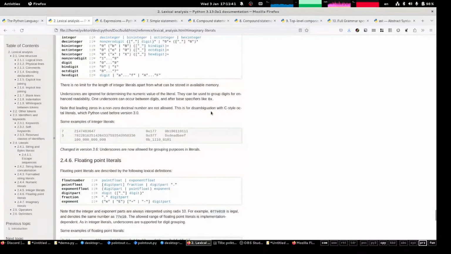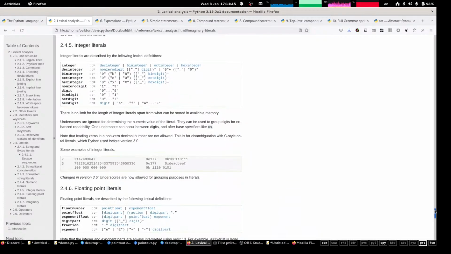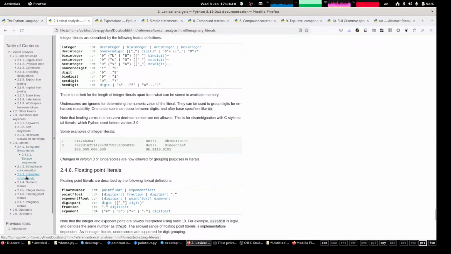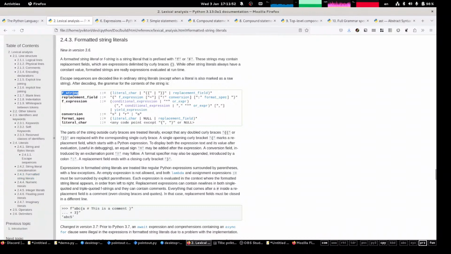Right, what's next? Strings. Strings are concatenated by putting them next to each other, and they can be f strings or normal strings, and this string is just a token of the same name. But f strings are composed of f string start, f string middle, f string end, and that ties in with lexical analysis, where I think it's currently documented. We have string here, formatted string literals. Right, so f string has this handwritten documentation written for tokens,